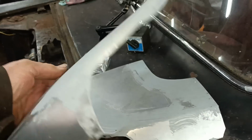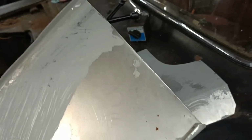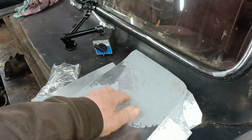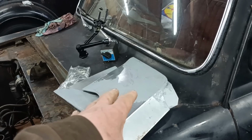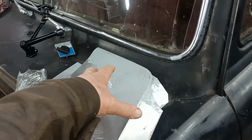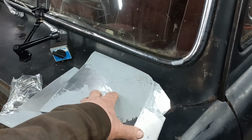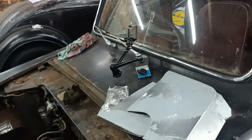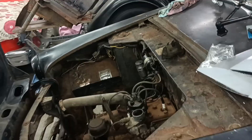I don't possess much in the way of sheet metal skills or tools, although I don't think these would have been particularly difficult to make. But no, I was happy to be able to pick those up. You can pay 3 times or twice the price and get a better quality one, but these are more the budget priced items, and they're okay. So I've got a rear valance, a pair of those, and